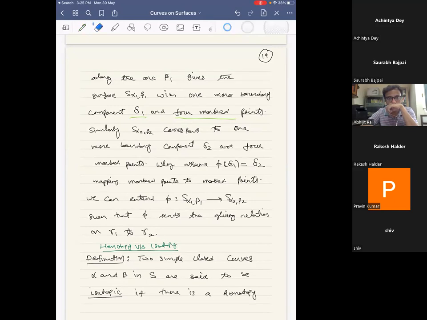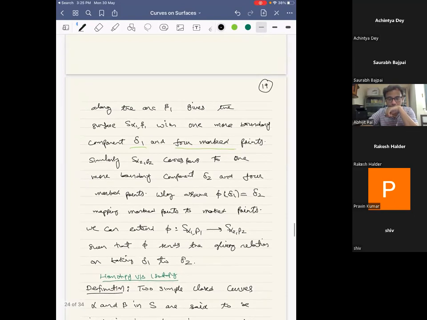Okay, so I should not write gamma 1. There is no gamma 1, right? Taking just delta 1 to delta 2, right? So that is the sketch. So the main thing is, once you have one boundary component delta 1 with these 4 marked points,